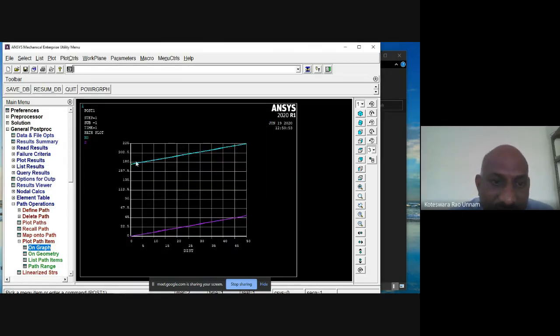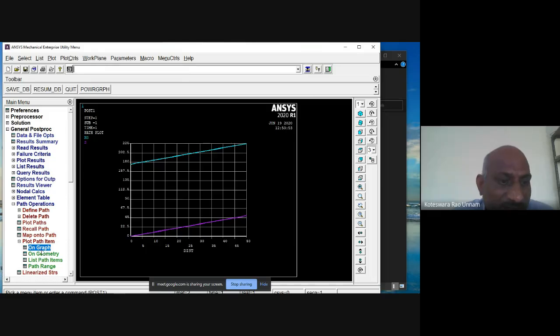It will give the corresponding labels also, showing how the stresses vary with respect to radius. The inner radius is taken as 0 and the outer radius is 50. That means across the thickness, the total cylinder thickness is 50 mm. The inner cylinder thickness is 25 mm and the outer cylinder thickness is 25 mm. So it is going to vary something like this.